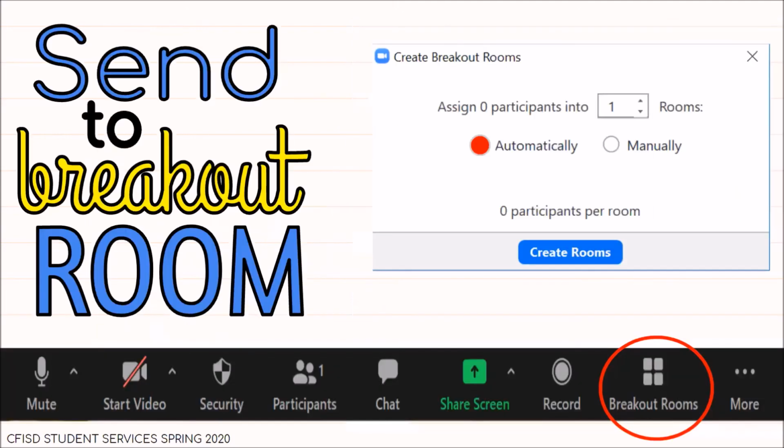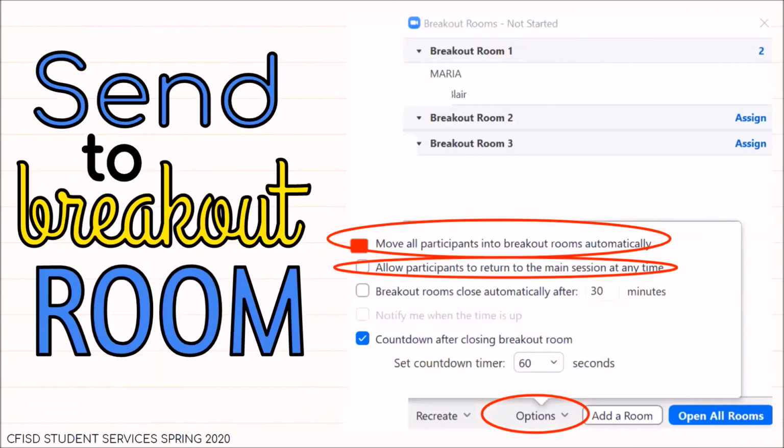You would use the breakout room if you have the need to remove a student from your Zoom classroom and have that student speak privately with an assistant principal. You would click on the breakout room icon and create one breakout room with the automatically icon chosen, highlighted here in red. Make sure that the first choice of move all participants into breakout room automatically is chosen, and the second choice, allow participants to return to the main session at any time, is not chosen. Click on Open All Rooms to move students to the breakout room and keep them there until the assistant principal